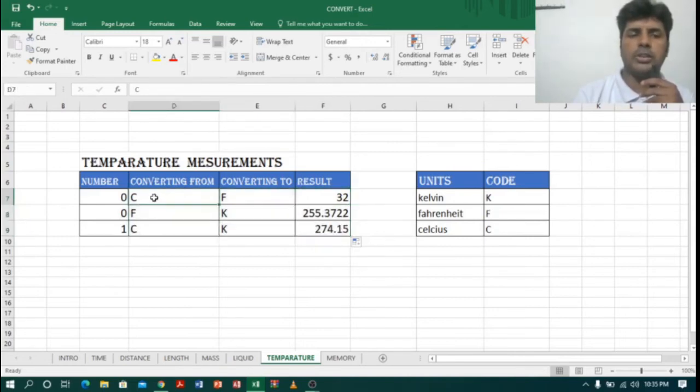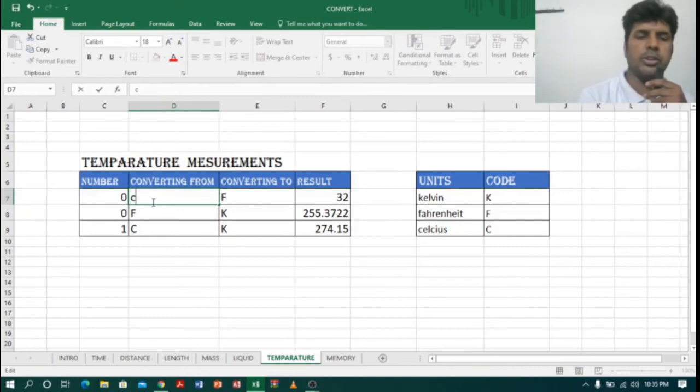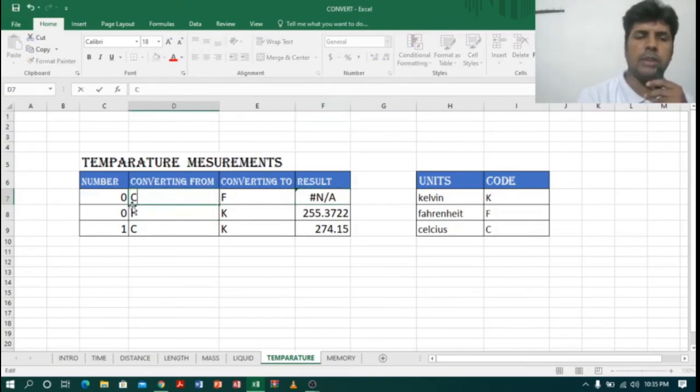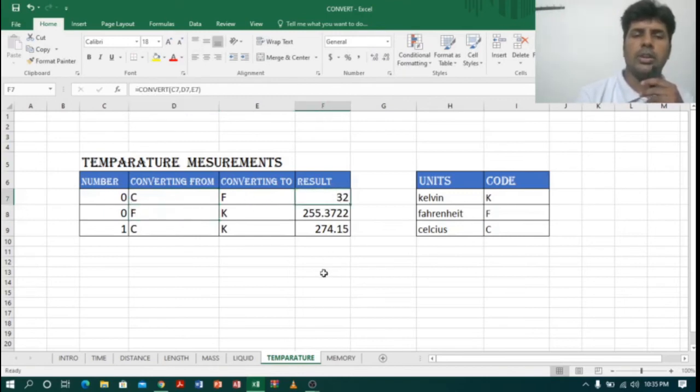Suppose we change the capital into a small c and see whether it will work or not. I will just type small c, enter. See, it is showing the error. Nice, right? So let us go again to the c, remove the c. Now I'll just type capital letter, enter. Nice. Now I got the answer. So all the temperature codes are in capital letters. Now let us move to the next one.